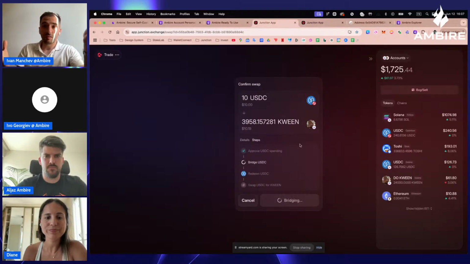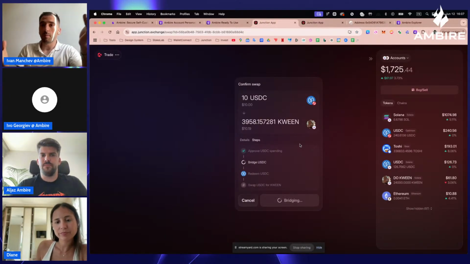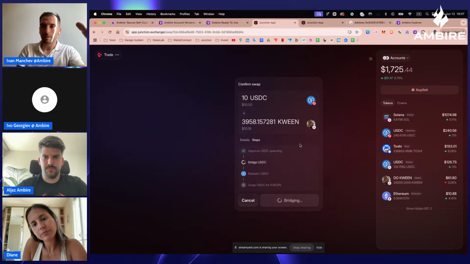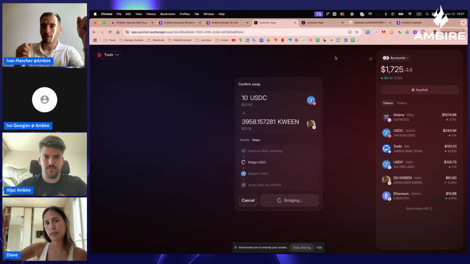The rest is just the actual bridging process, right? Yes, it can take some time, and we are adding some notifications, so we can keep an eye on the transaction progress and keep swapping other stuff.